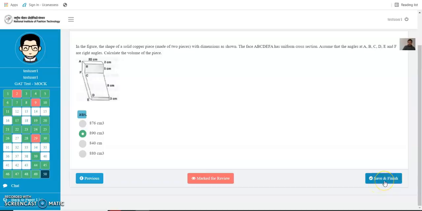If you click on save and finish before, then your test will get locked out and you will not be able to attempt anything else, even though you might have time left. So be sure that you don't do that in the middle of the exam. Once the exam is over, you can log